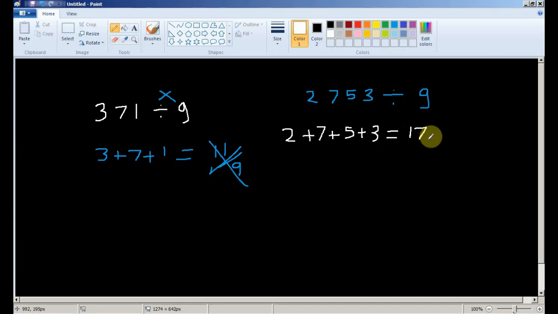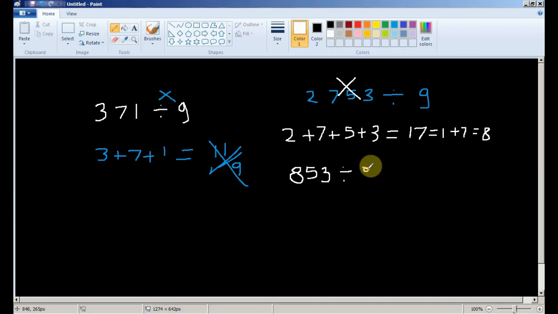So 17 is not perfectly divisible by 9, because 1 plus 7 gives me 8, so it's not divisible by 9. What about 8 5 3 divided by 9?